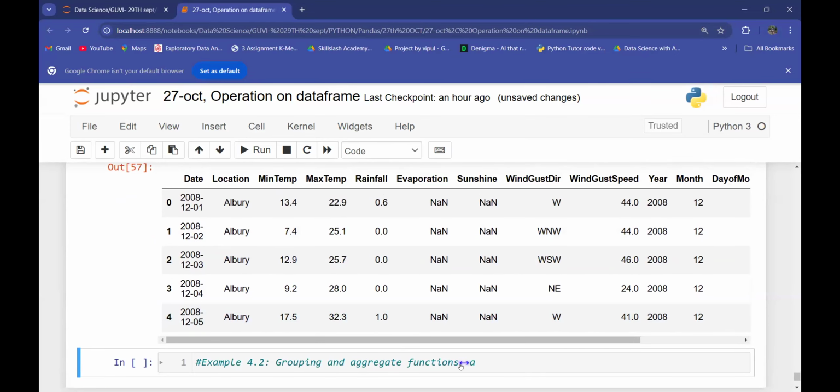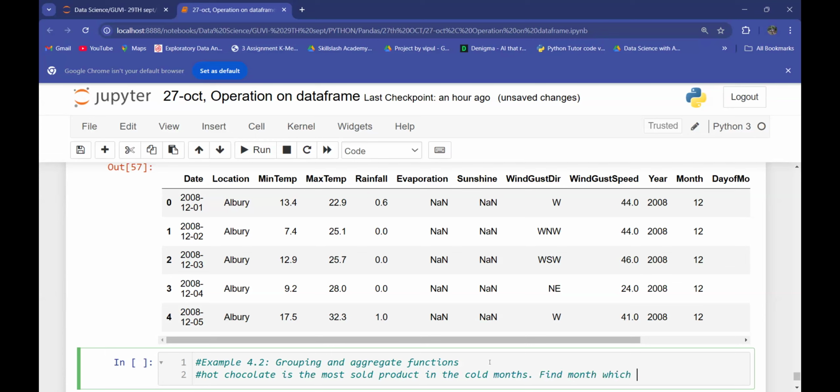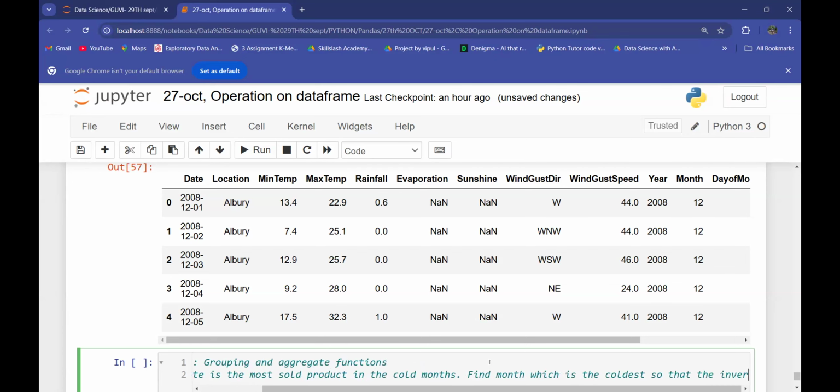Okay. Hot chocolate is the most sold product, I can say, in the cold months, right? Now you need to find the month which is the coldest so that the inventory